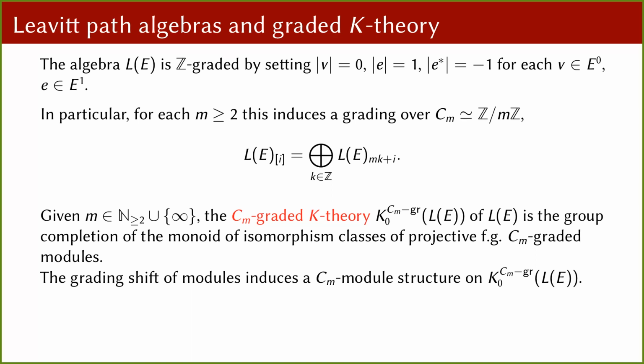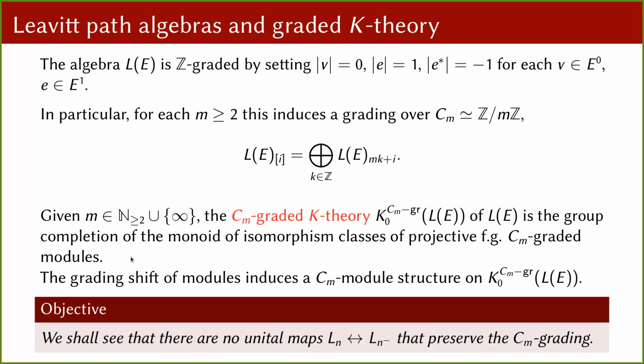And so that gives a CM action on K0, CM graded K0 of LE. Okay, and so the objective for today is to see that there are no unital maps between Ln and Lm that preserve any of the CM gradings. So I will say a little bit about partial results that were known already, but the idea is to show